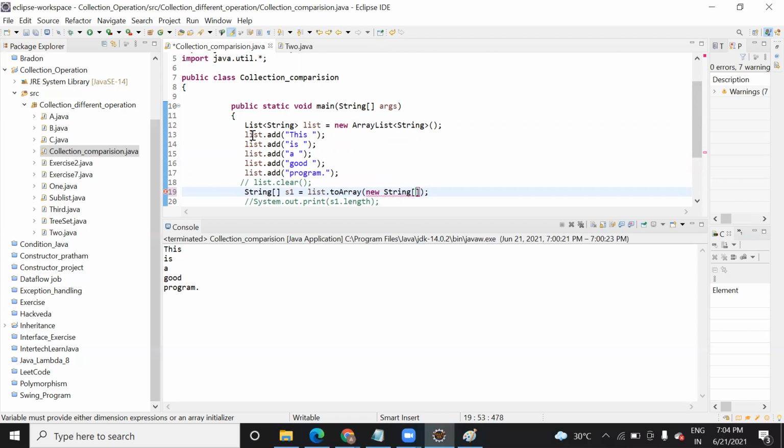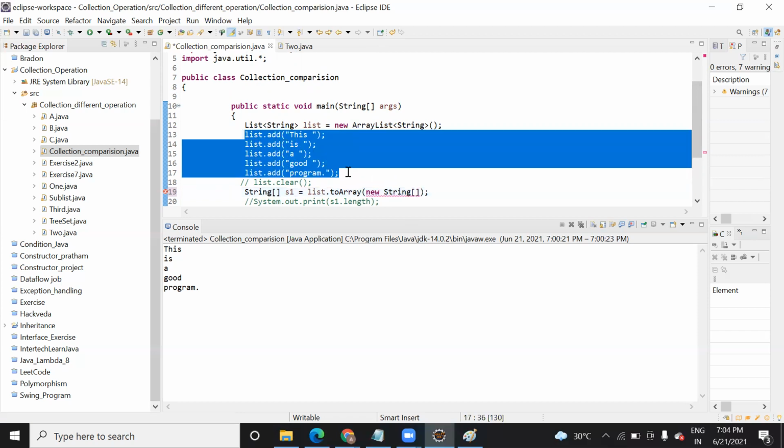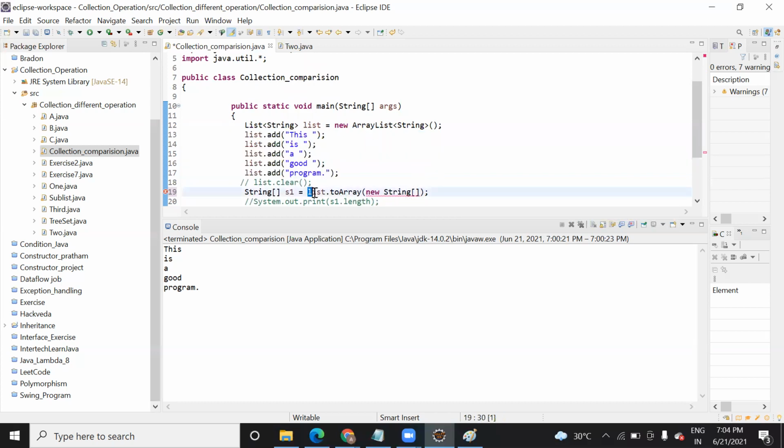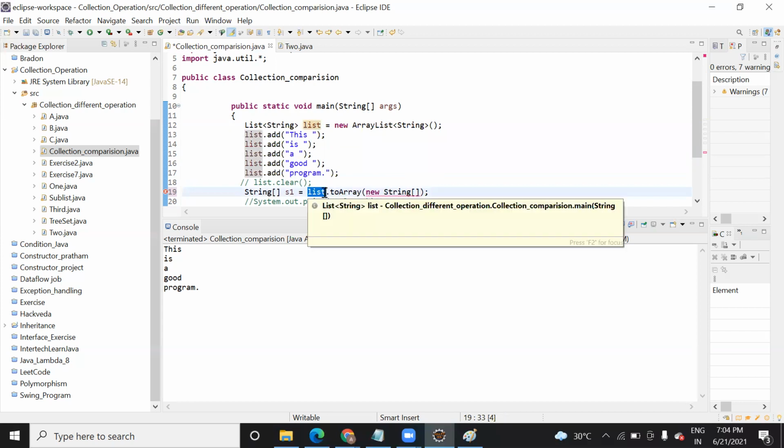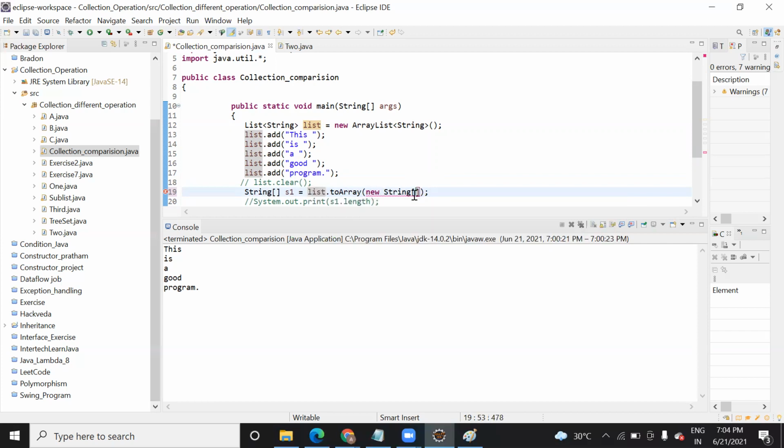But here we have already added a value to the list. So based on whatever value you pass, it will start assigning memory from that element. Or if you assign any value there, it will convert it, because you have already read that in the list. Am I clear, or did it make you confused? It made me confused. Got it.